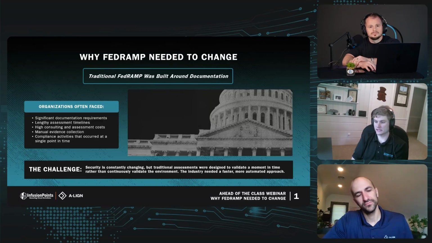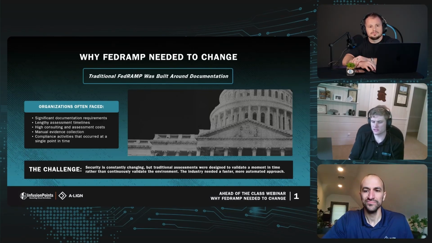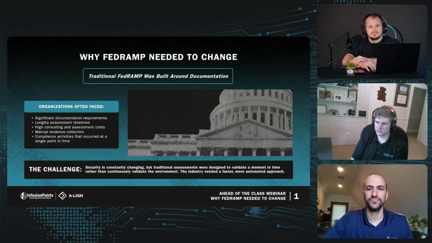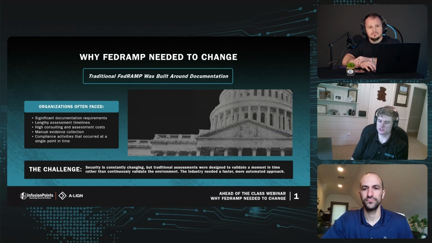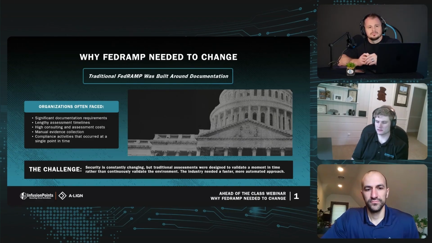So they announced FedRAMP 20X last year. I believe it was March of '25. They announced a major revamp to the entire FedRAMP process, including the requirements to transition from security controls to key security indicators, which are think KPIs, but with security as opposed to just performance. And a complete revamp on how the assessment process runs and how your continuous monitoring transitions to continuous validation of your processes. So long story short, fully revamped the FedRAMP process